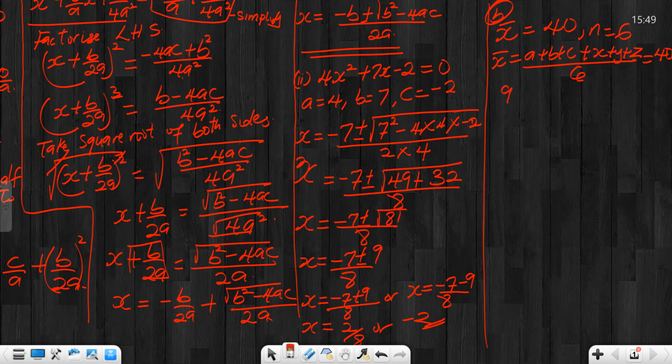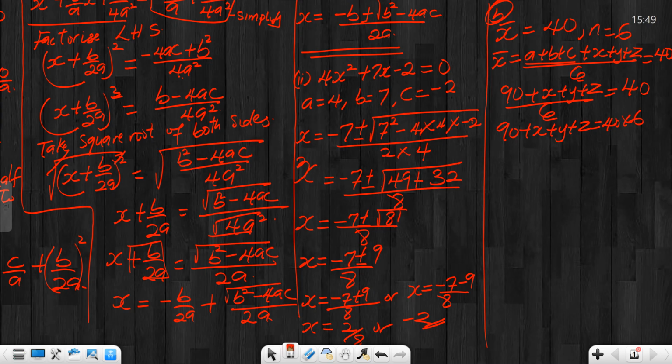So here now I have 90. Let's say a plus b plus c is 90. 90 plus x plus y plus z all over 6 equals 40. Then if I cross multiply here I will have 90 plus x plus y plus z equals